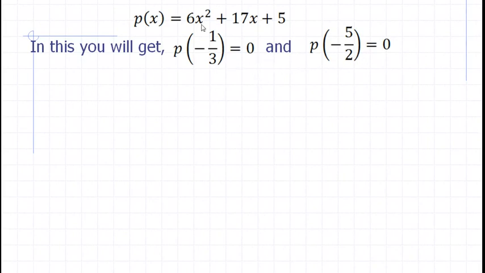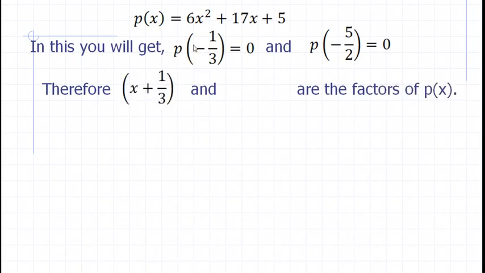Substituting x is equals to minus 1 upon 3 in this gives you the value of the polynomial, which is 0. And when you substitute minus 5 by 2, you will get 0 as the value of the polynomial 6x square plus 17x plus 5, as you have read in the remainder theorem. Therefore, x plus 1 upon 3 and x plus 5 by 2 are the factors of this polynomial,